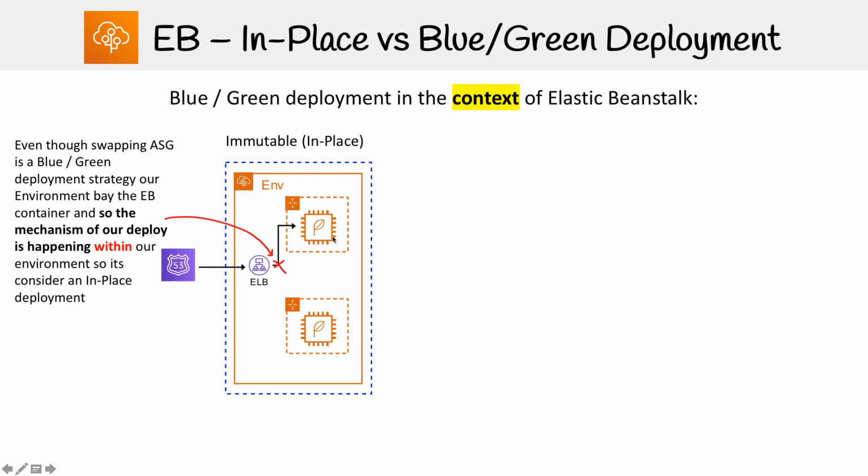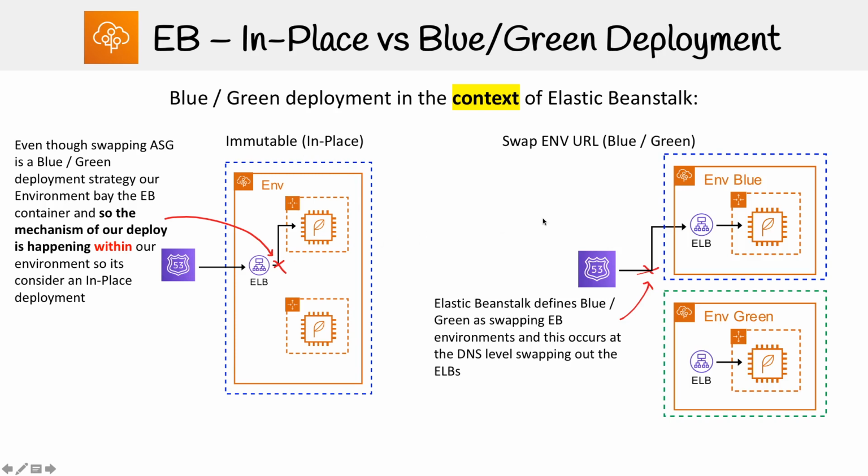Now, this is funny because in our last slide, we just saw that there was a blue-green methodology called ELB blue-green, and this is exactly what it did. So why isn't this considered blue-green? And it's called in place. That has to do with the boundaries of the environment. The environment is defined here as being the Elastic Beanstalk container. Because the mechanism of our deploy is inside the boundaries of this environment, it's considered in place. So now looking at a blue-green deploy,